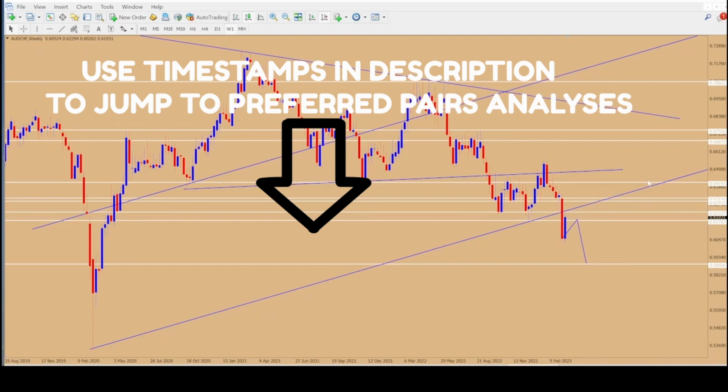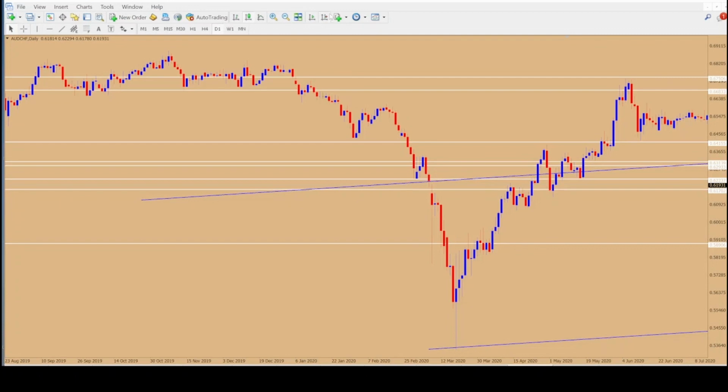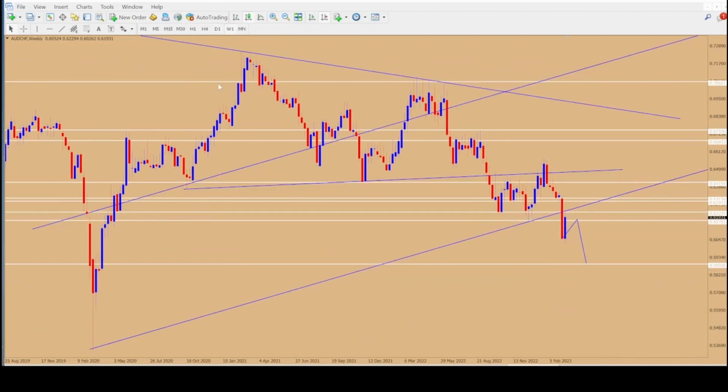But it also appears it has come to retest a trend line that it broke. Could that be the case? Well, I doubt it. I doubt it's a breakout test. It could be a case of false breakout, and possibly we'll see some retracement